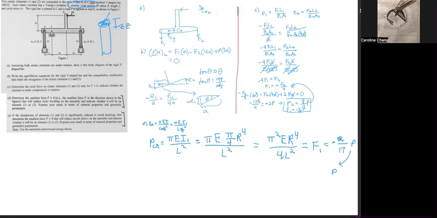I'm very sorry about this, but one thing we forgot is that the P critical formula is actually pi squared times E times I. So the pi over here will be squared. All these pi's will be squared, and then this pi will be cubed. And then the P critical value, or the smallest force P, will thus be equal to